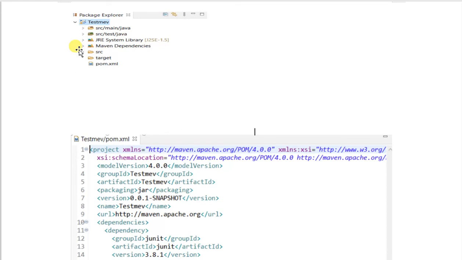Those jar files get configured automatically, so we are not supposed to download the jar files and add them as external jar files to the project on each and every local machine. This is how we can automate the jar configuration using Maven, by editing the pom.xml file, which is very easy to use as well as a powerful feature.